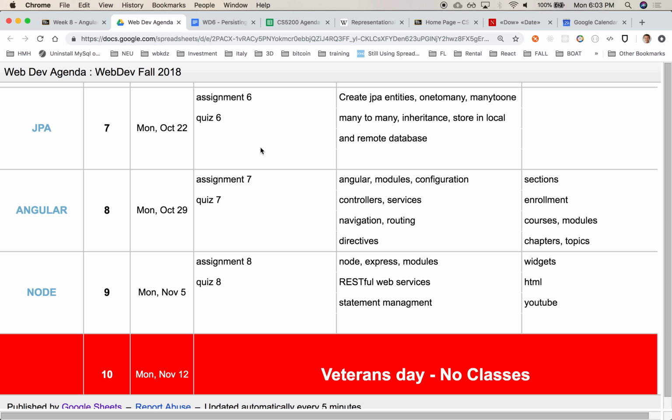So the first half was, we used React for the front end. We used Java for the middle tier, and we are using JPA for the persistence layer. From now on, for the next couple of weeks or month or so, we're going to switch gears a bit, and we're going to be working on the second half of this product, which is going to give us a